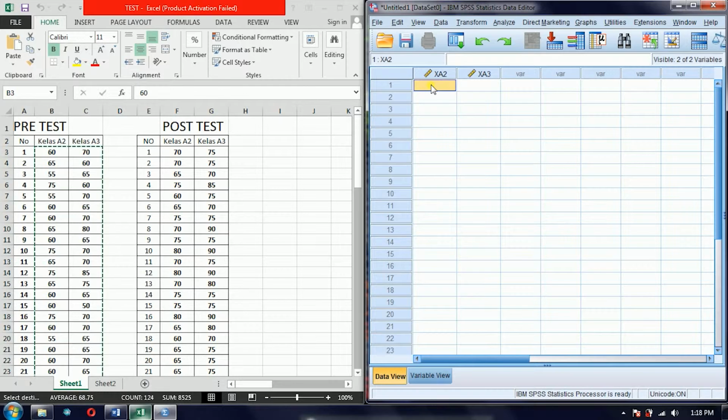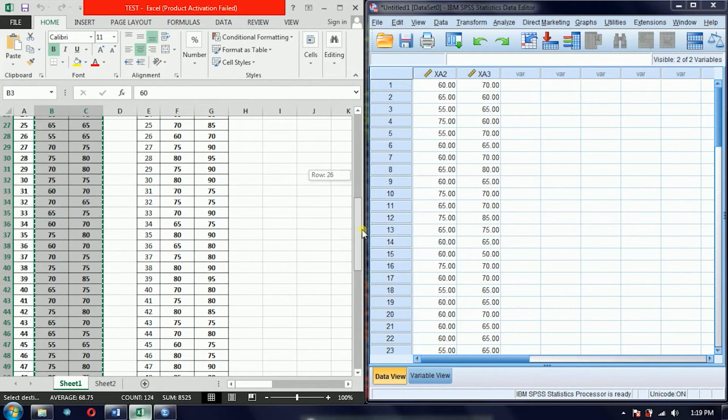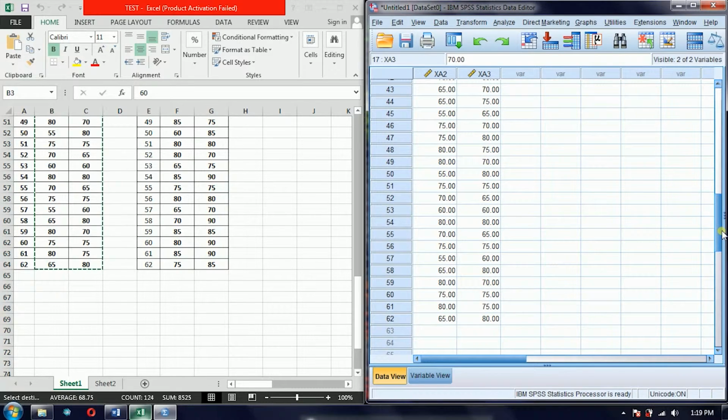Just paste here. Yeah, like this. And check again, just to make sure all the data is copied. Okay. After this, when you are sure the input is correct,